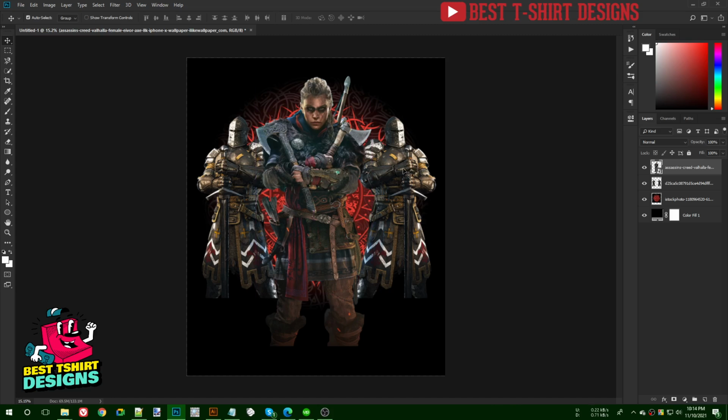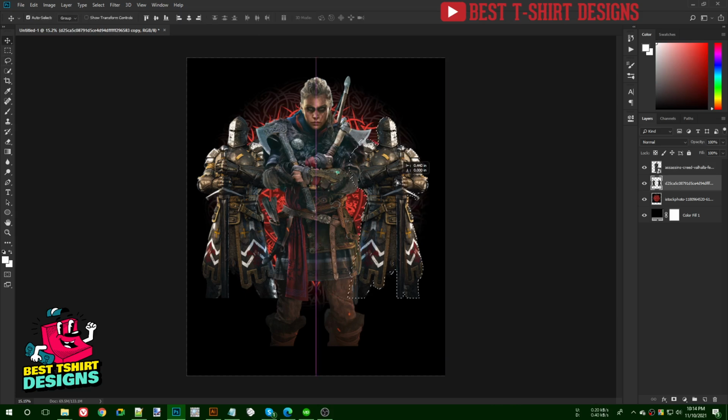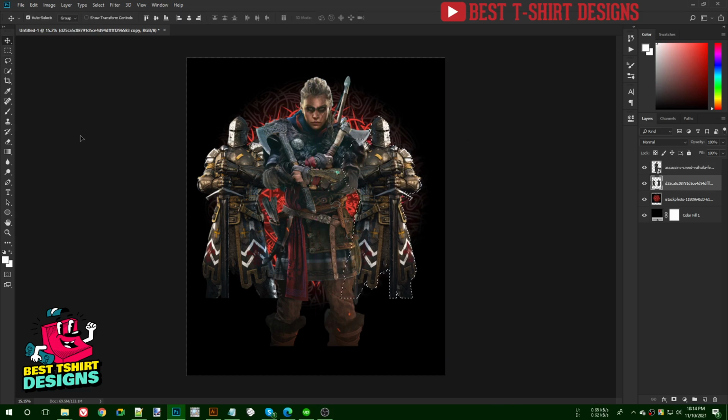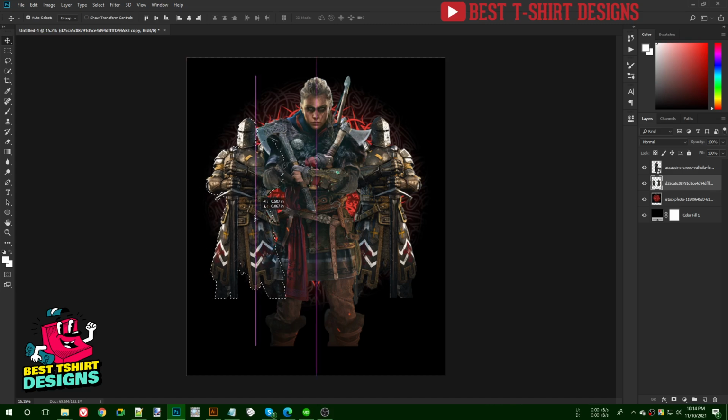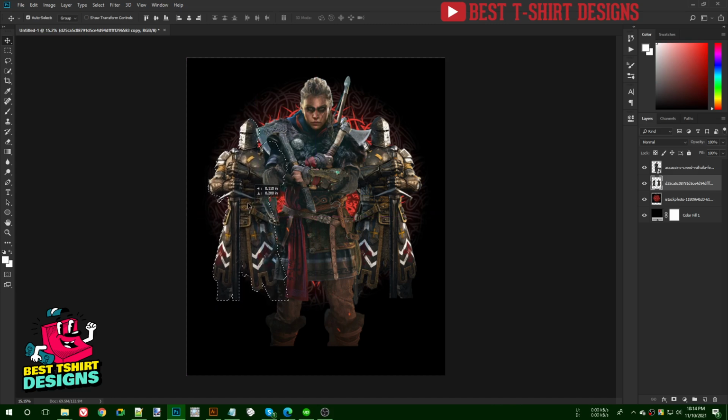But in my opinion, they are a bit far away from each other. So let's take my lasso tool. I'm going to take my lasso tool, and in this layer I'm going to make a selection like this. Then press V, that means move tool, to move it like this. Then I'm going to select my lasso tool again to select this part, and then I'm going to move it a bit closer to the original. And then I'm going to, okay, that is looking a bit off right now.